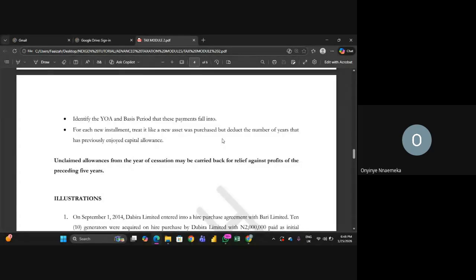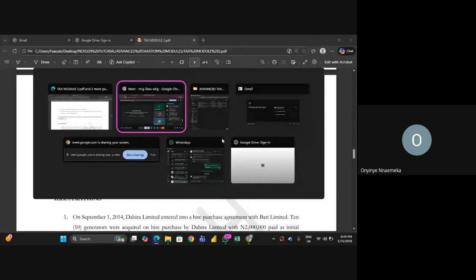So for year 1, of course, you do initial allowance, annual allowance for that deposit and the 3 installments. Remember that you have removed interest elements from those things. So year 2, you do initial allowance for only those 6 installments that occur in that year. Annual allowance for both the 6 installments and the 3 installments that are coming from last year and the deposit. Year 3, initial allowance for only the 3 installments. I know it's going to sound like gibberish right now, but when we are doing the calculation,